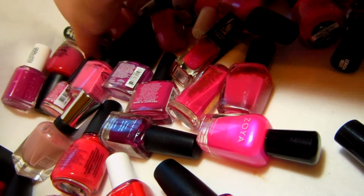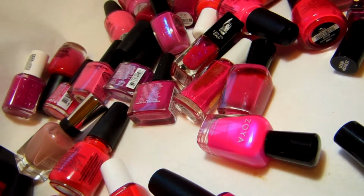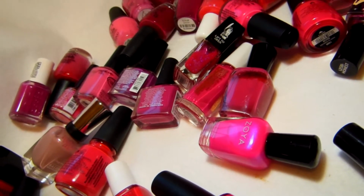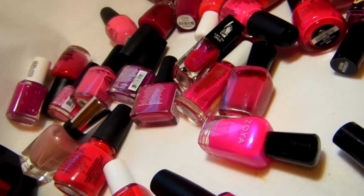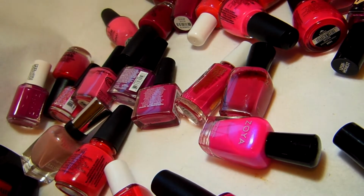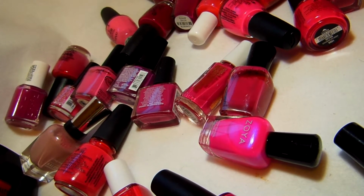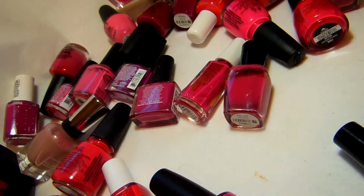So I think as we go through these, this is the one where really we should see some dedupage. Whether I am brave enough remains to be seen. I'm just trying to pull out of the big heap all the ones that are glitters and shimmers, just to protect them from the massacre which is about to occur. So let's do this in stages,